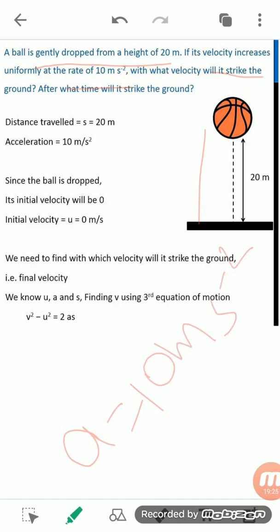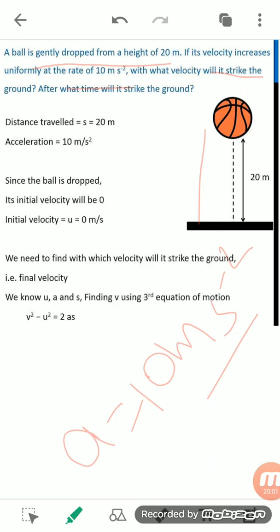Students, one more thing: with the help of the SI unit also you are able to tell what the value is talking about, whether it is a velocity, a height, or an acceleration. So 10 meter per second square is there, and you know that meter per second square is the SI unit of acceleration. So velocity is increasing in a particular direction at a particular time, so it is determining the acceleration, and acceleration is equal to 10 meter per second square.